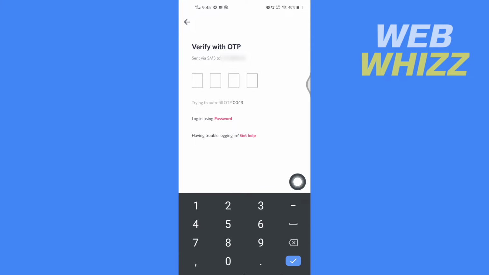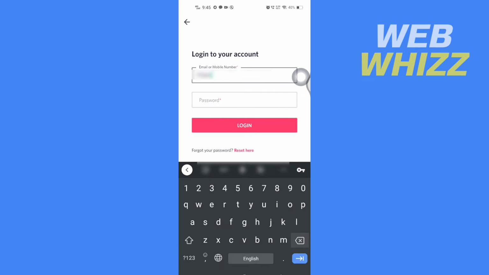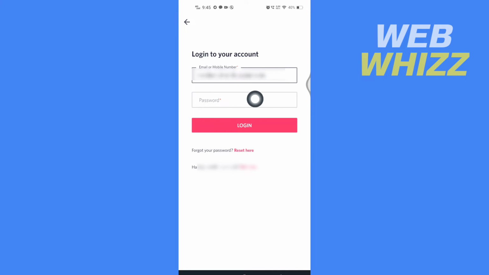Now what you have to do is you have to tap on login using password, and then here it says email or mobile number. So you have to clear your mobile number, and after clearing your mobile number, enter your email here, then enter your password. But if you forgot your password, you can tap on reset here,